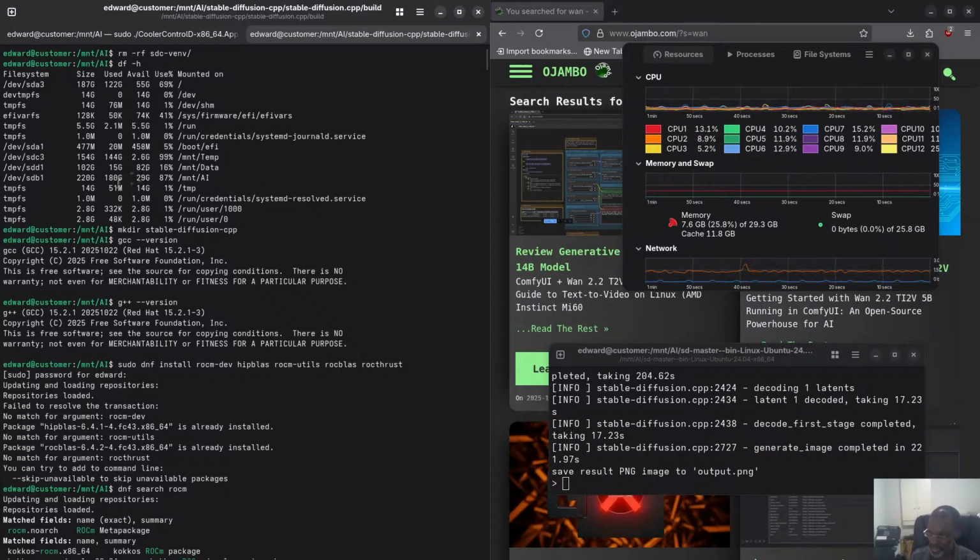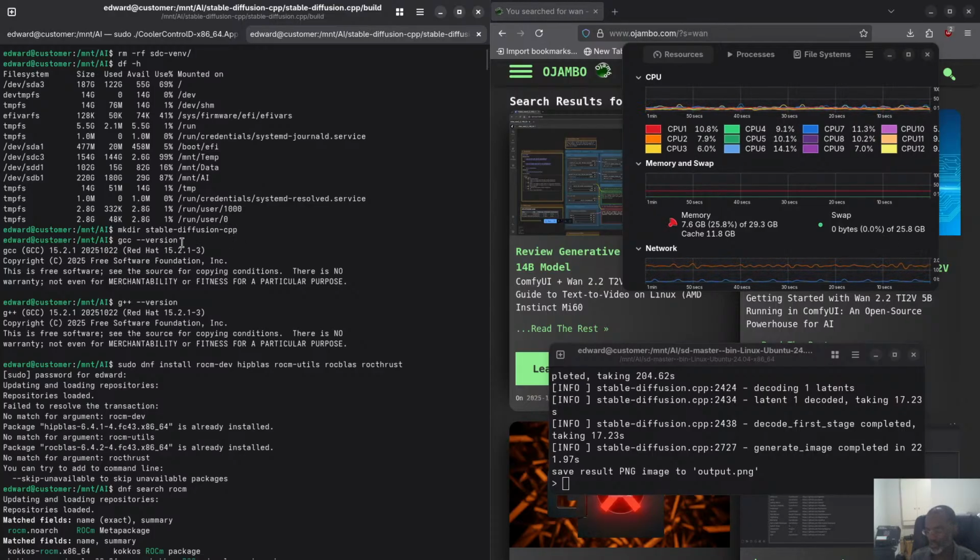But there's too much. You see, it's 220 gigs in total. So right now 180 is in use. 160 of that is the models, the Comfy UI models. So if I can get rid of some of them, that's the plan for tonight. All right. So what I did is I created a folder called Stable-Diffusion.cpp, then I